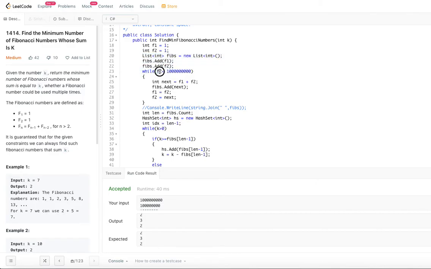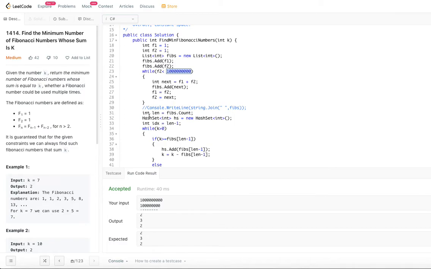As long as f2 is less than 10 power 9, we generate the next Fibonacci number and add it to the fibs list, and then we exchange f2 into f1 and next into f2. So this while loop will give us the Fibonacci numbers until 10 power 9.